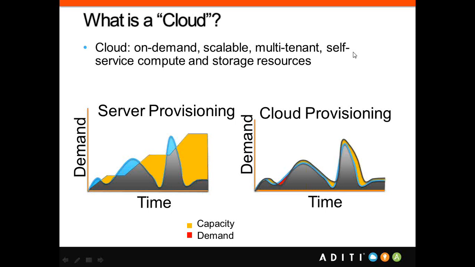Rather than looking into the definition, I would like you to understand the problem which cloud is solving. Generally, if you see this graph, which I put onto this slide, on the left hand side, if you see the demand and the service provisioning, okay, generally the yellow bar, we need a service provisioning as per the demand. But in normal scenarios, we already have a capacity inbuilt. We do not have on-demand or scalable capacity readily available. So we first create the capacity, and then that capacity is actually provisioned to handle the demand which we have thought about. Your demand might vary.